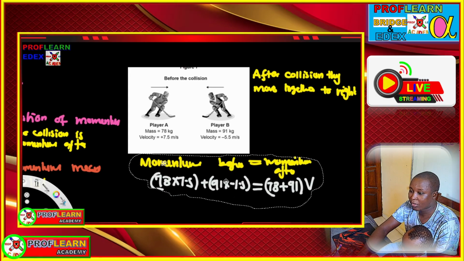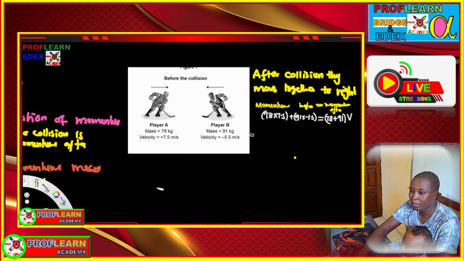And since they are going to be moving together, we are going to add the two masses together and then times v, because they are going to move together with a common velocity. So which means that if you substitute that and put the like terms together, make v the subject, what we are going to get in this case is that